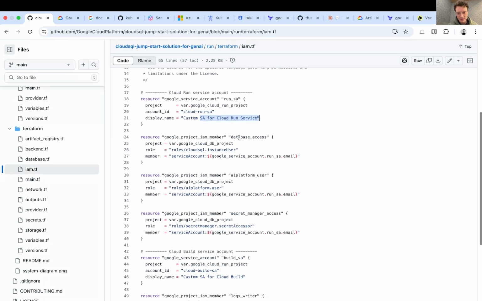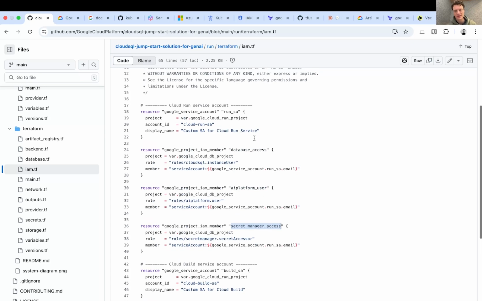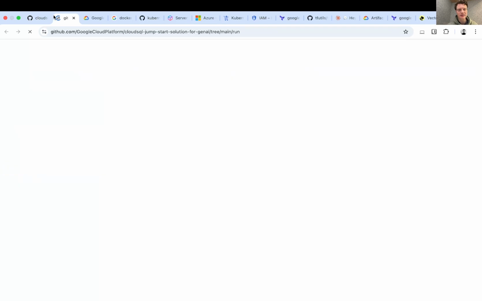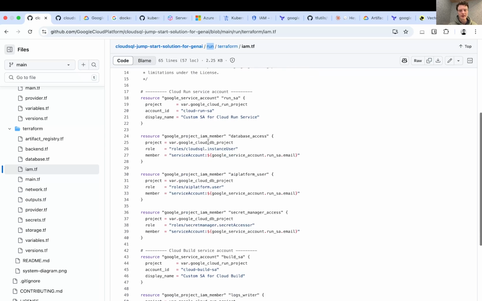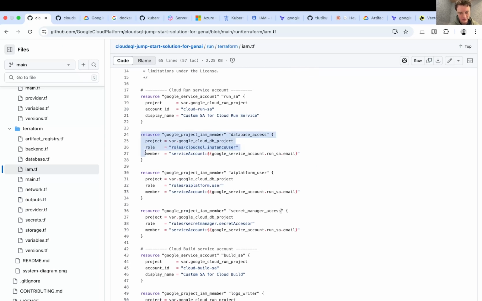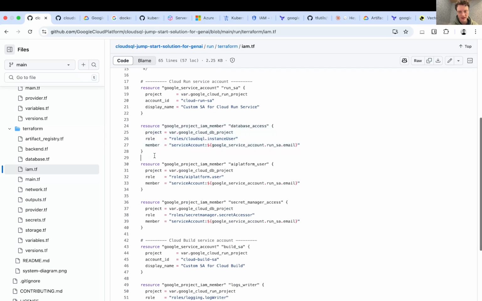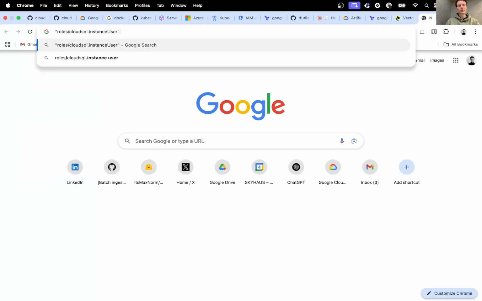And then, as you can see, we define database access, AI platform user, and secret manager access. So it basically defines that this Cloud Run service over here will have database access, so it will be able to talk to the Cloud SQL instance. So that's defined over here. For that, you need a specific role. So yeah, IAM on Google consists of roles, and then each role is a set of permissions. So if you would search for this role on Google Cloud,